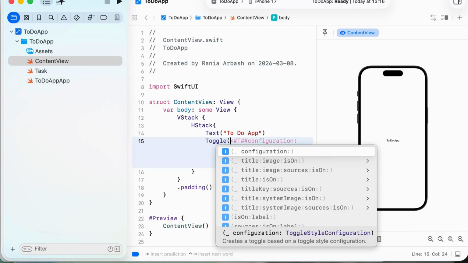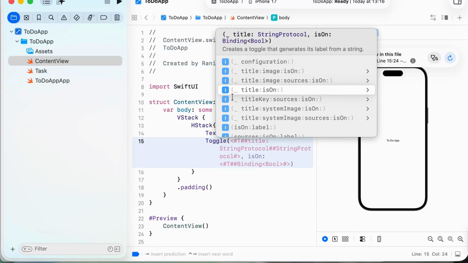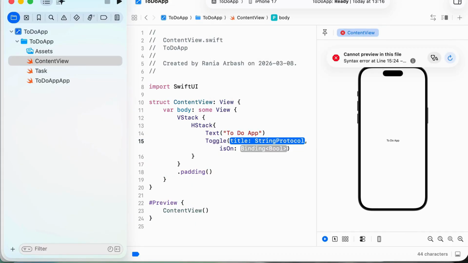and this toggle will be later on connected to this binding. So this is going to be connected to the task itself to be true or false, urgent or not urgent. Okay, so we will go with this constructor because I need the title for this toggle, and I need a boolean value to reflect if this is true or false, if this task is urgent or not urgent. Okay, so this is going to be here isUrgent,